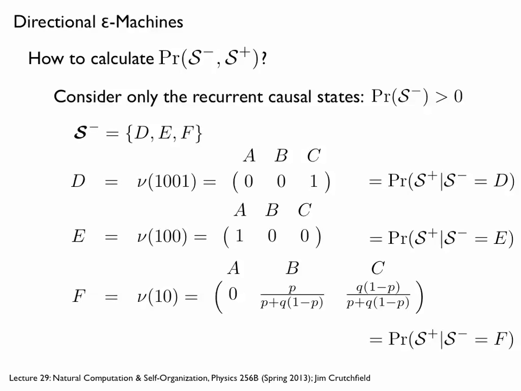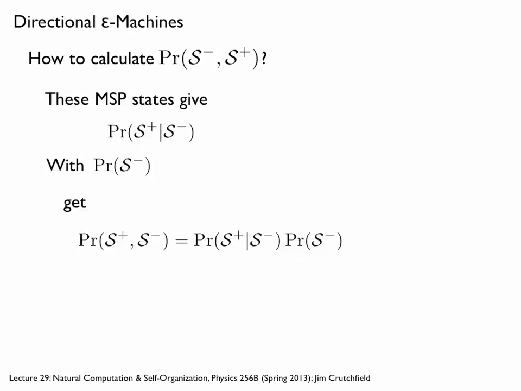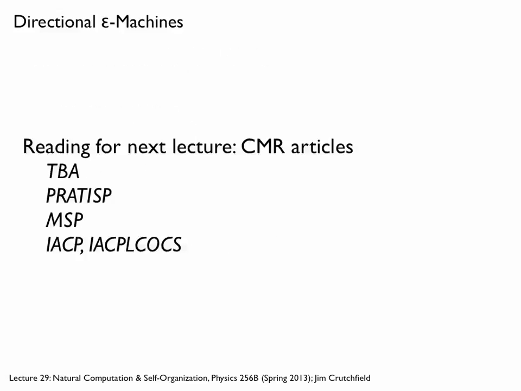So in a sense, trying to think about this joint process, we've already done the calculation. The mixed states are these conditional distributions. So if we want to get the joint distribution, for example, then we just calculate the asymptotic state probability for the reverse machine, multiply it times this, and that gives us the joint. That's just our basic probability identity. So we know how to track these things. So that's good. So now what we'll do is use this to move in the direction of this more general time agnostic